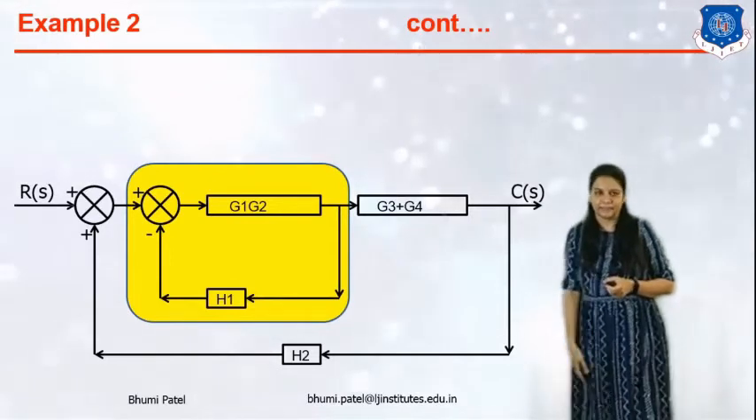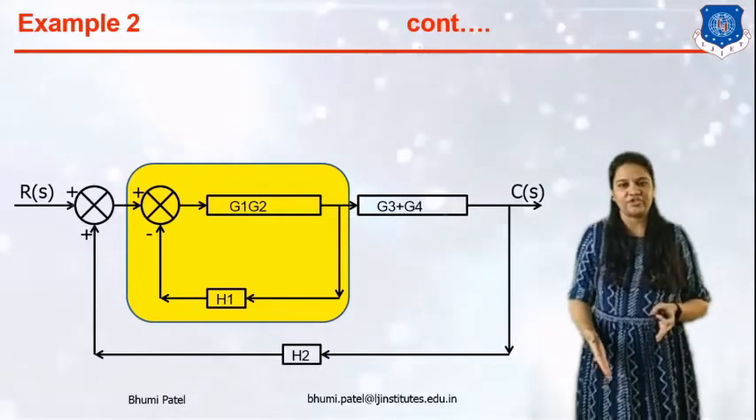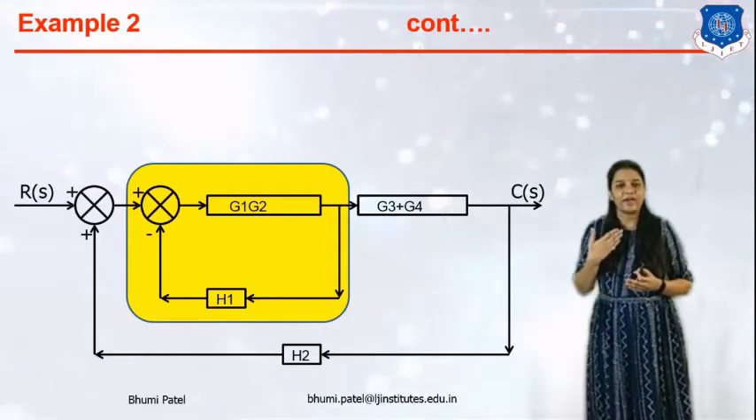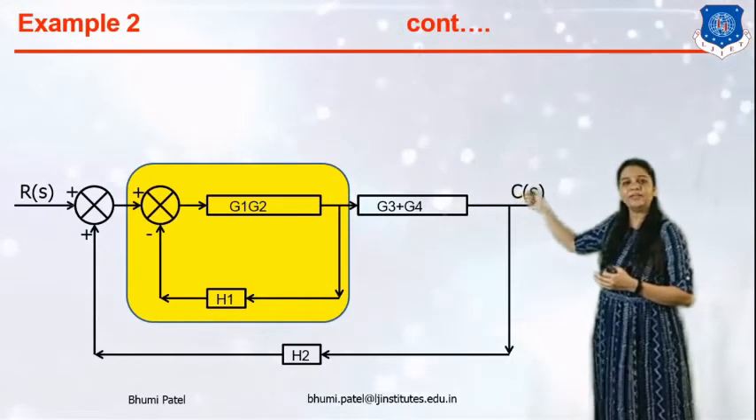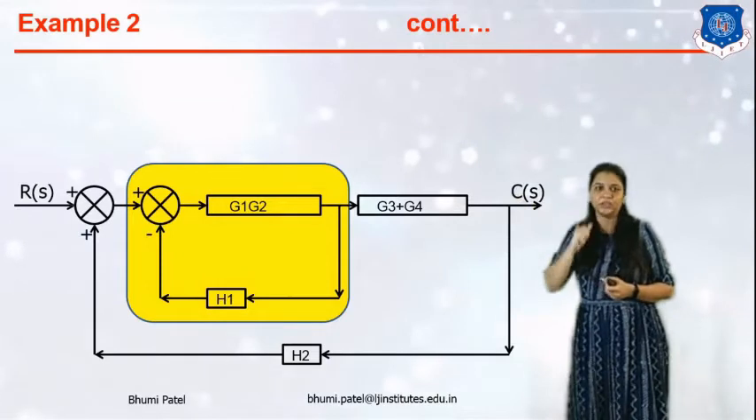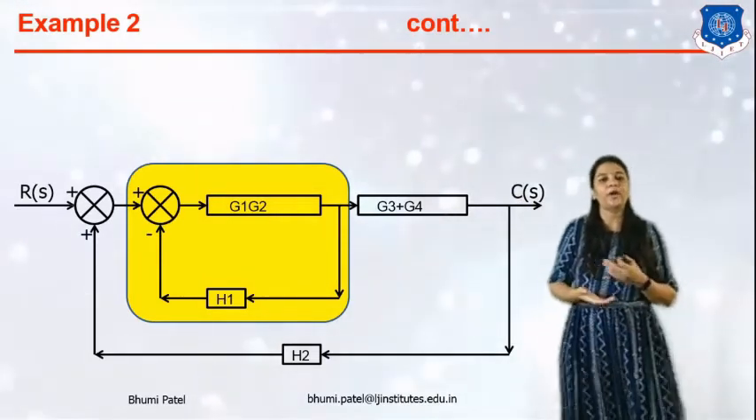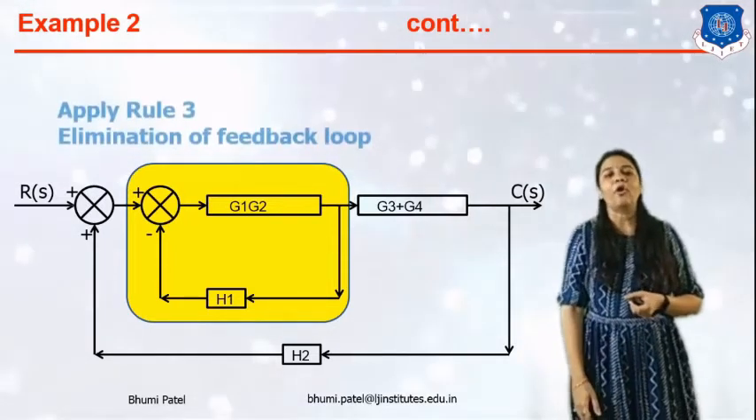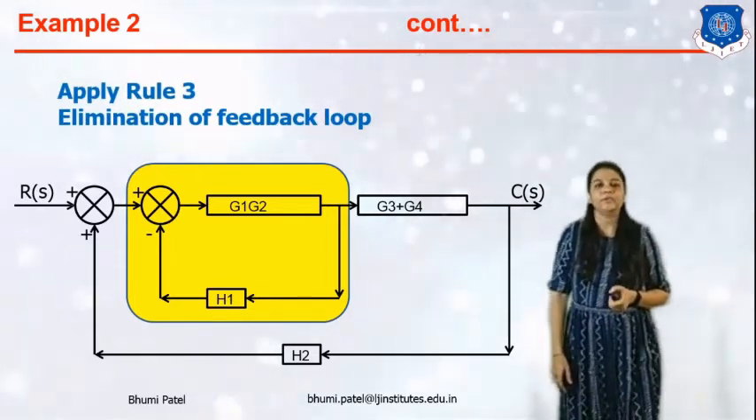Now the next step: here you can see that G1, G2 and H1 are connected in the feedback loop. Now how can we identify that it is the feedback loop? Here you can see that one arrow is in the outgoing position and one arrow in the incoming position at the summing point. So it is the feedback loop, and whenever two blocks are connected in the feedback loop, we can always apply rule number 2, elimination of the feedback